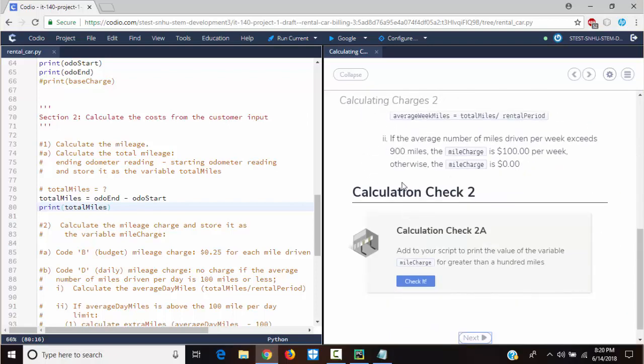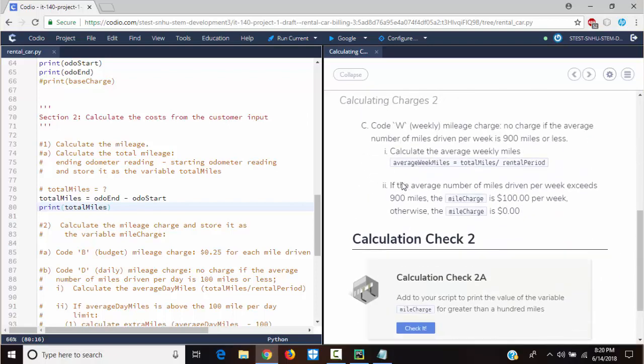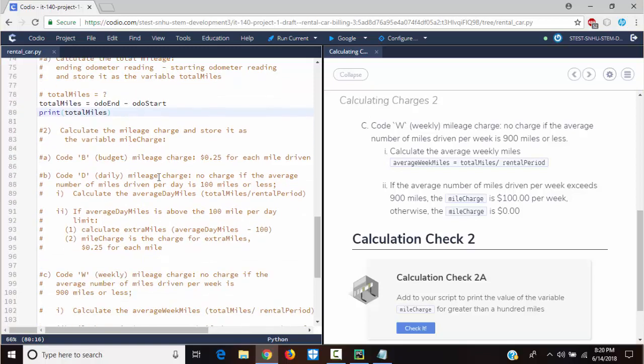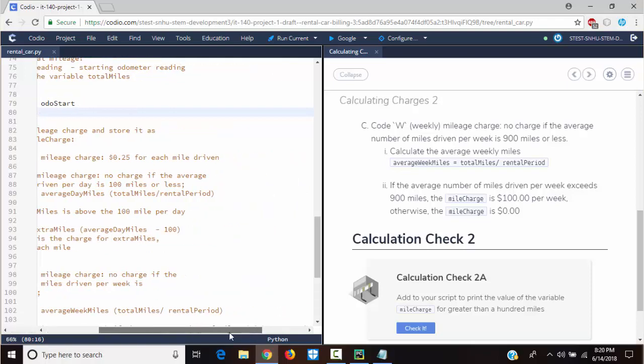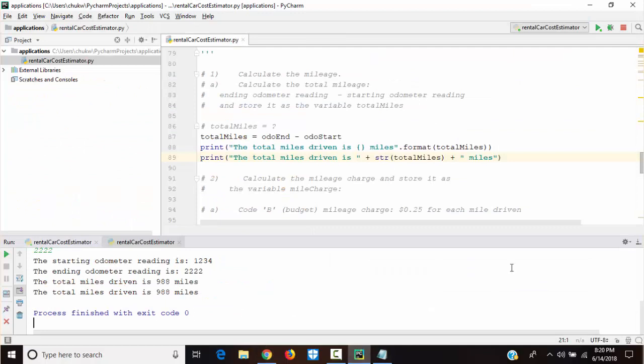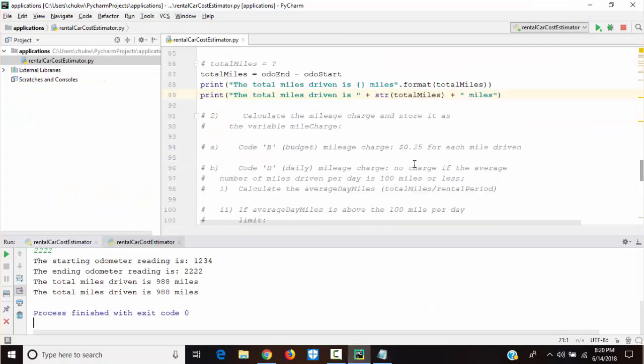So let's do the mileage charge. Calculate the mileage charge, store it as a variable mileCharge. Okay, for code B, mileage charge is 25 cents for each mile driven. Let me write this first here.